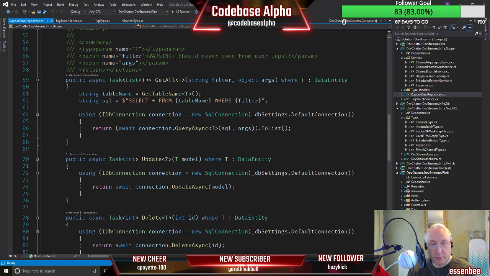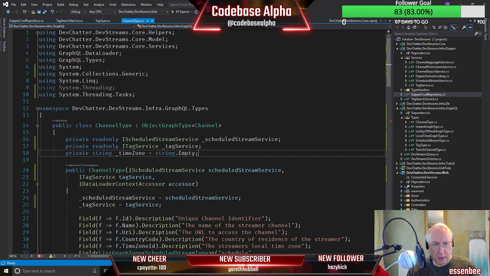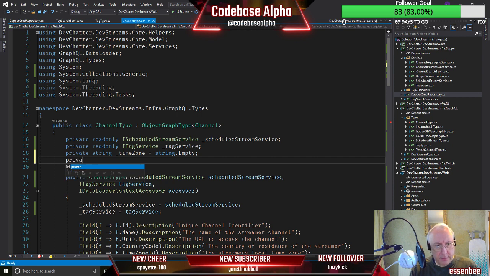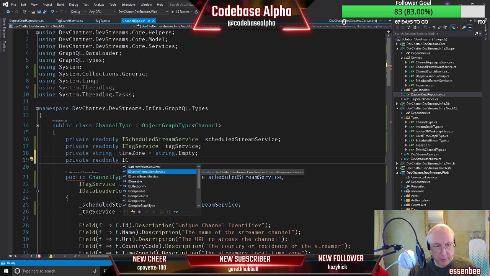That sounds reasonable. If we do that and pass it a filter, okay, let's try that. So we want the CRUD repository in here. So let's set up a variable for that. Read only ICRUD repository.